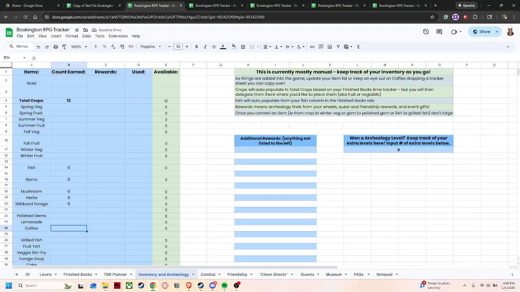Now, this is the rewards column. So this means that if you earn something from a town board or friendship quest, if you earn something on the archaeology wheel, if you get something from the dungeons, if you buy something from a traveling cart or whatever I might create for you, you'll put that reward number here. That way you don't have to worry about the count earned, and it will automatically add the earned and the reward column together for you, and then subtract against your used column, which if you give gifts,